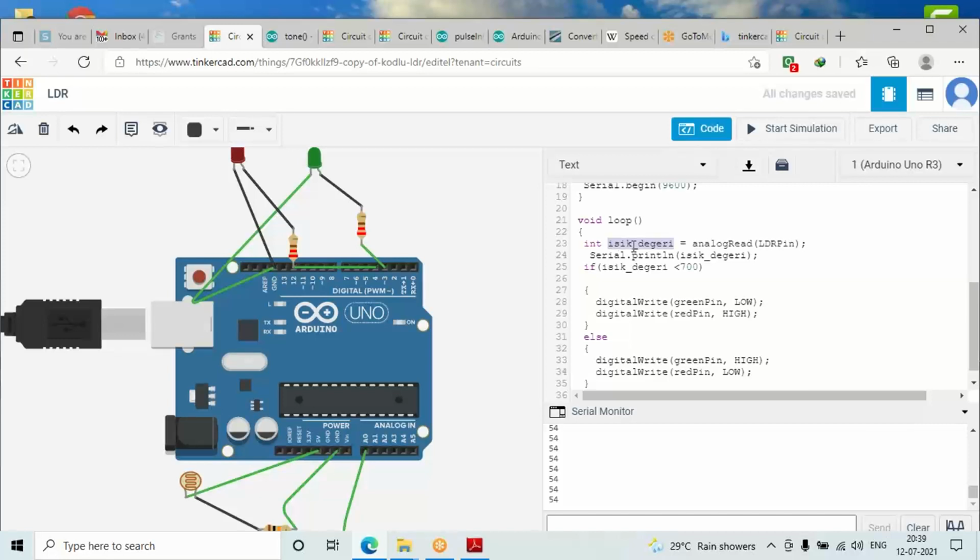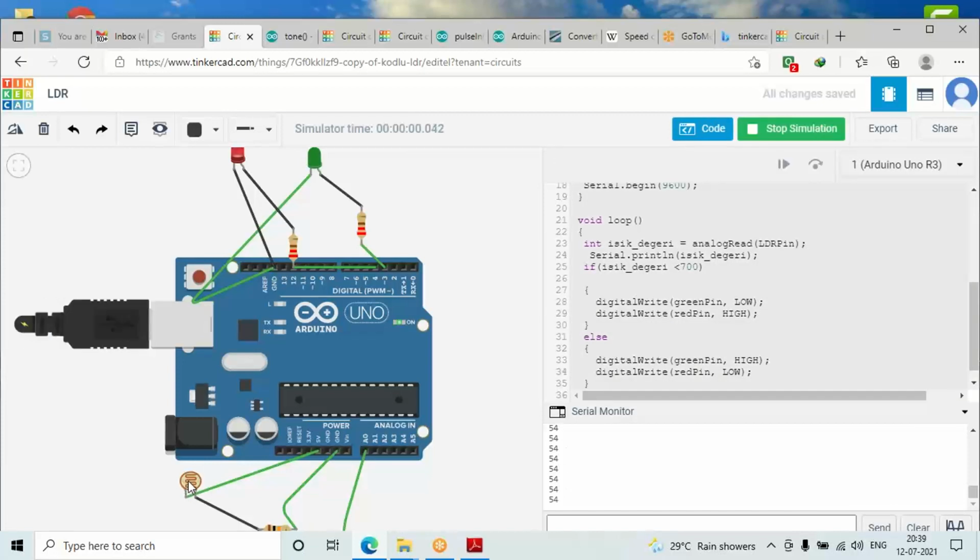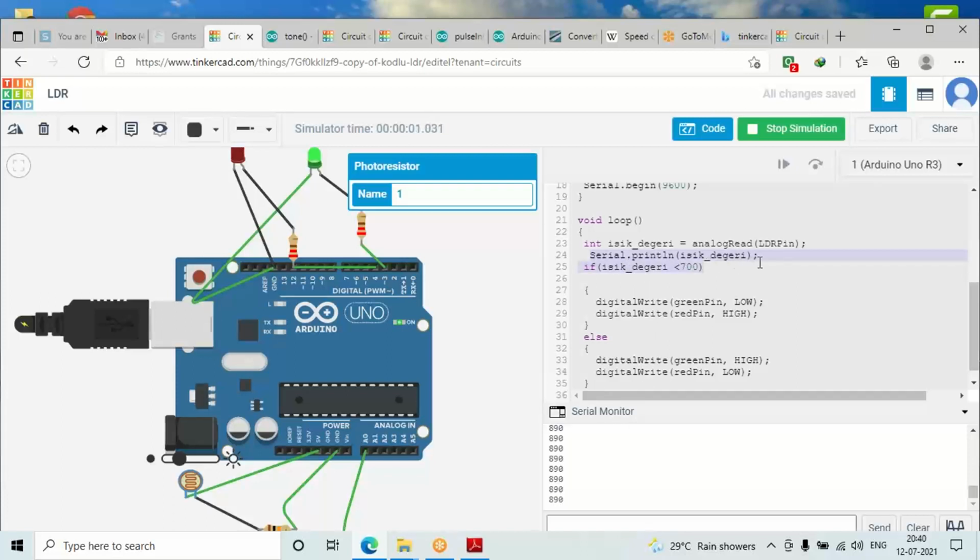Now we'll also try to print that variable. Whatever value you are seeing here, that 54 which is present here, suppose I start the simulation and I try to change the value again. You can see now its value is 890. Whatever value you see on the serial monitor is because of this Serial.println function, which prints whatever you want.